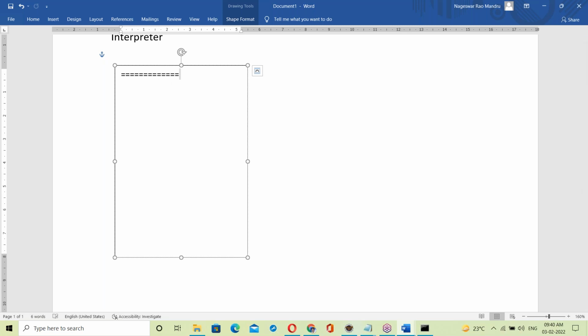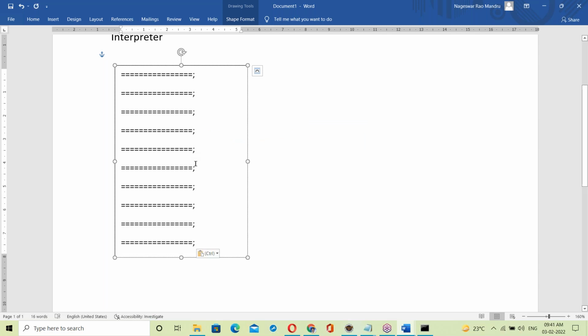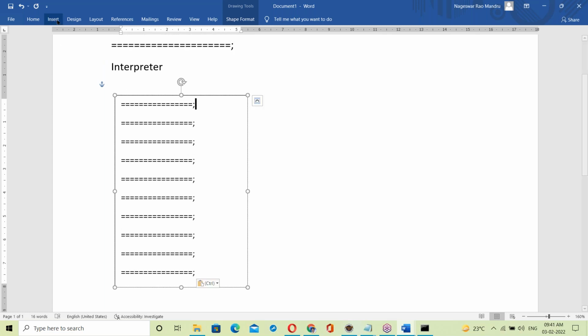Suppose the first statement. This applies not only to Python, but to any interpreter-based language. The next statement. There are some statements in this script like this. How is the interpreter working here?